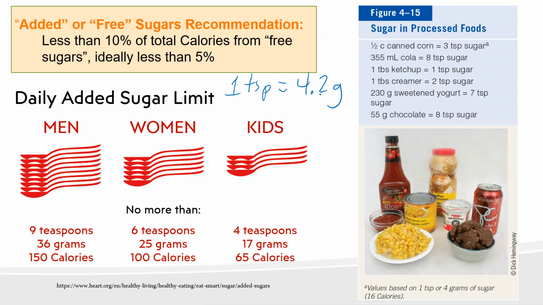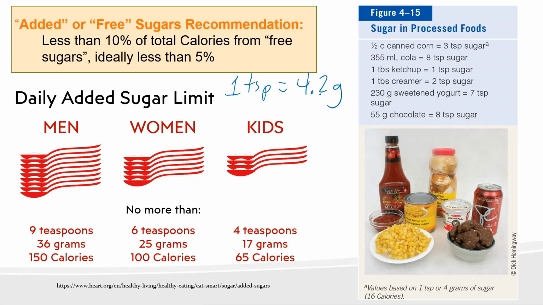And kids, again, depending on the age, the recommendations for kids range, depending on what you're looking at, from about 4 teaspoons to 6 teaspoons, depending on the size of the kid and all those kinds of things. Now, these are just ballparks, right? There are bigger men and smaller men, bigger women and smaller women, bigger anybody and smaller anybody, right? But to give you an idea, I'll show you what that looks like here in a moment.